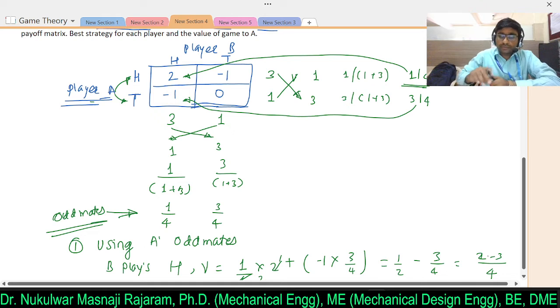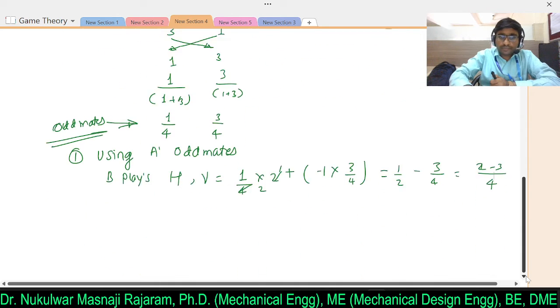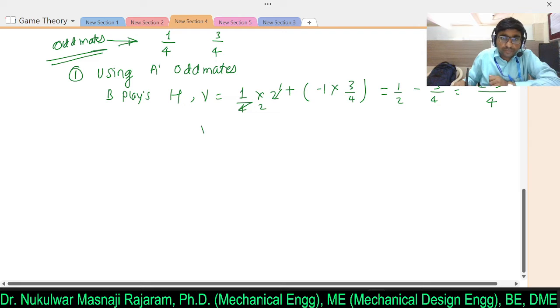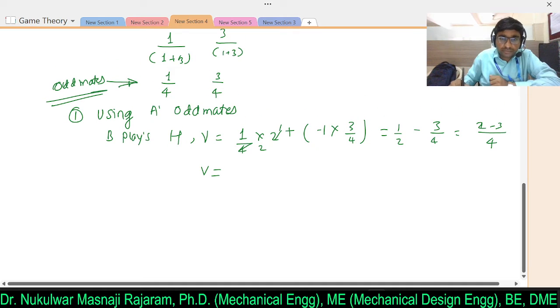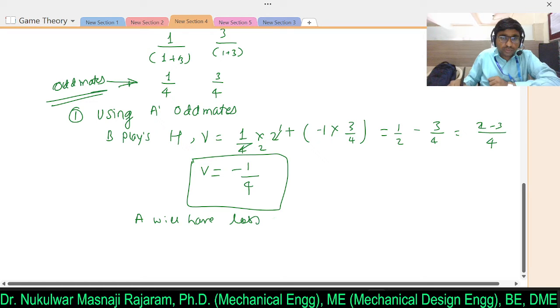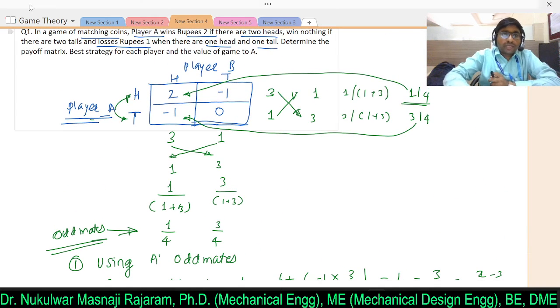2 minus 3, so the value of the game will be minus 1 by 4. Clear? So as we play for A, then definitely A will have a loss of 1 by 4. Clear? And B will win or have a profit of 1 by 4. Clear? So you may ask me, sir, why have we multiplied over here? You can multiply